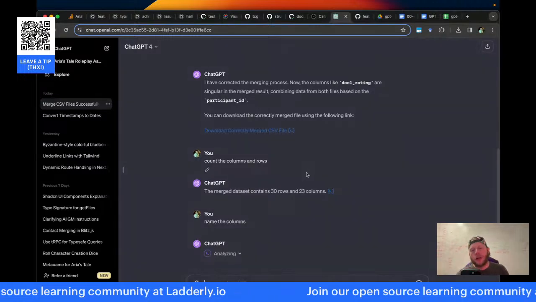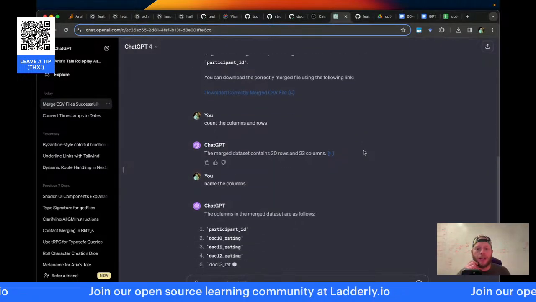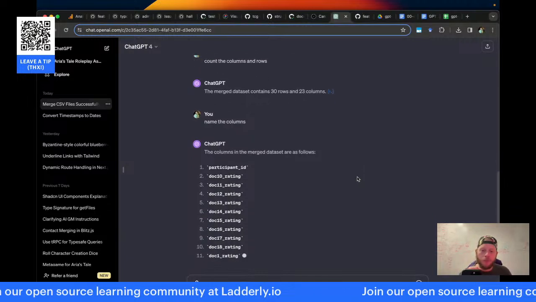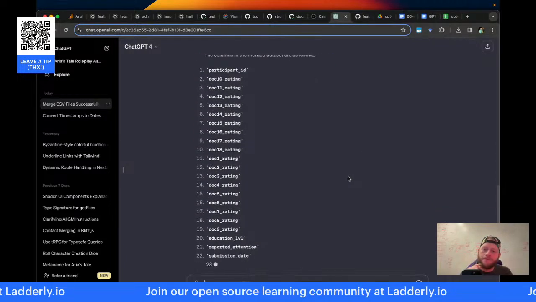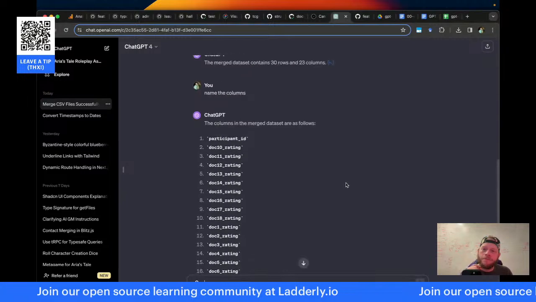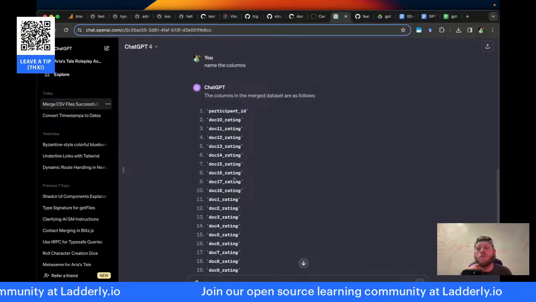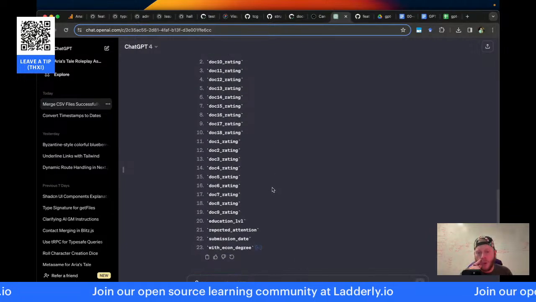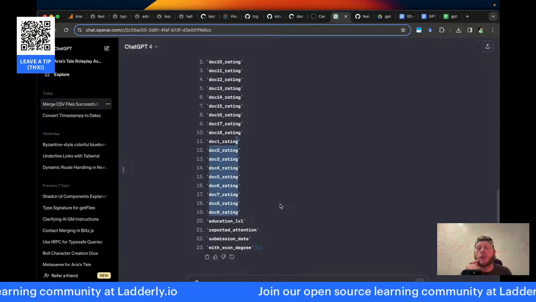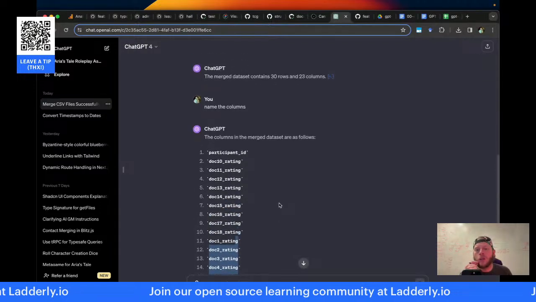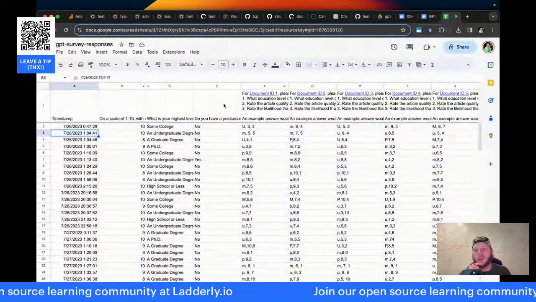I think it's counting participant ID twice because once will be like an index column, basically. Nope, these look like the right columns.